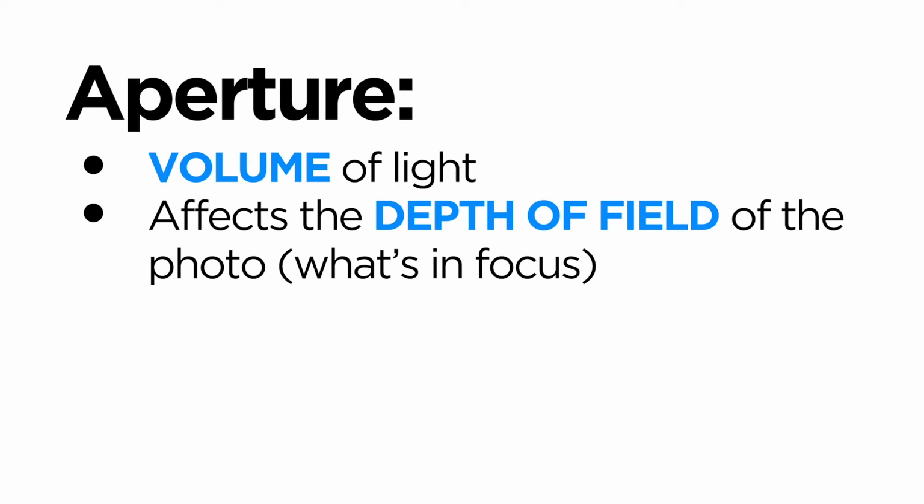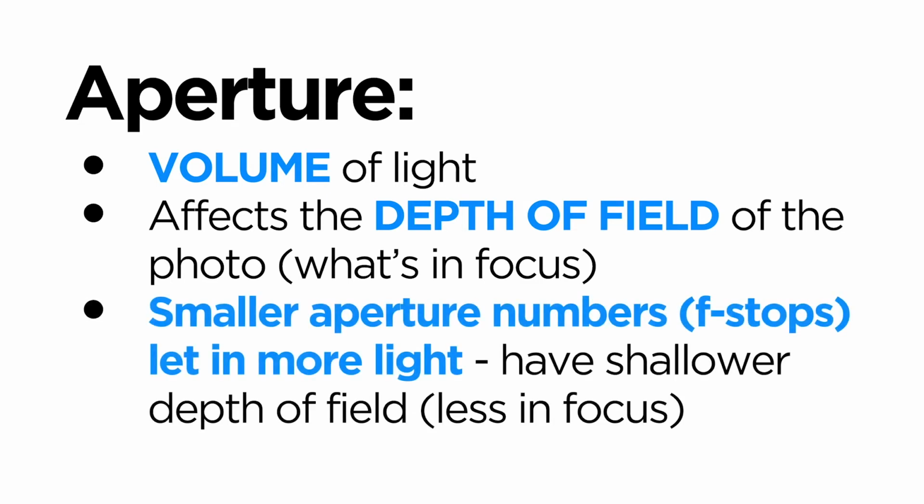Cameras, most lenses will have variable apertures. They can get larger and smaller. And as they change that size, a smaller opening lets in less light, and a larger opening lets in more light. But the other thing that changes as you change the size of that opening is how much of the image